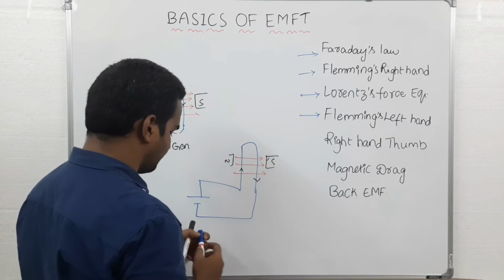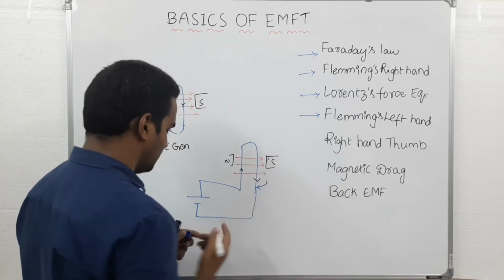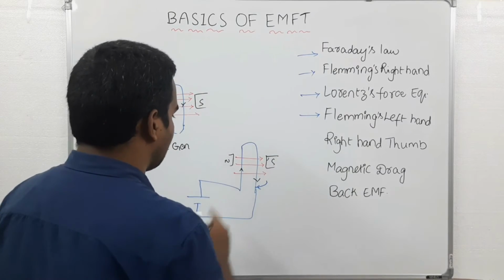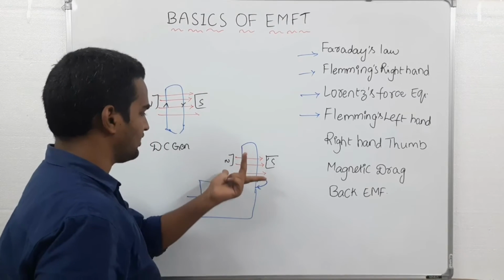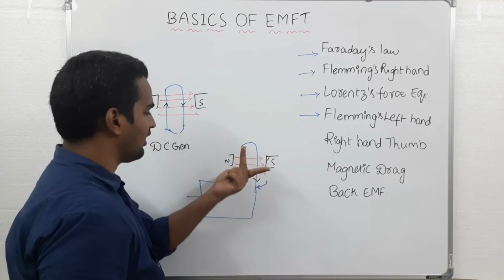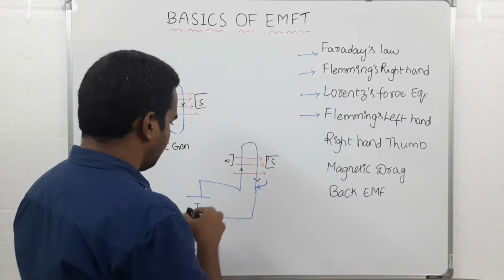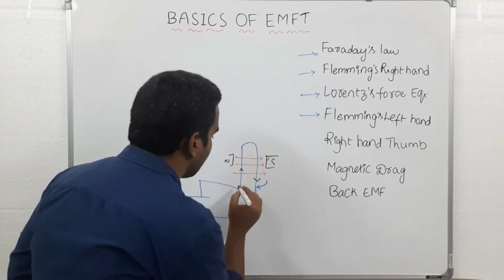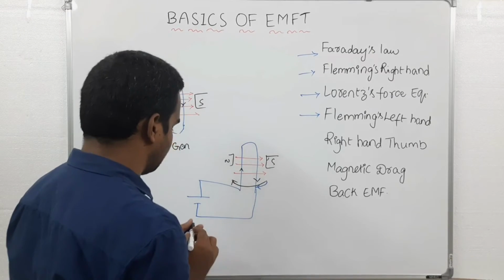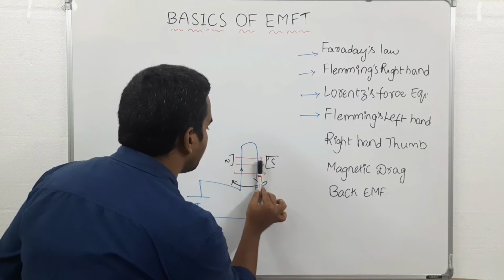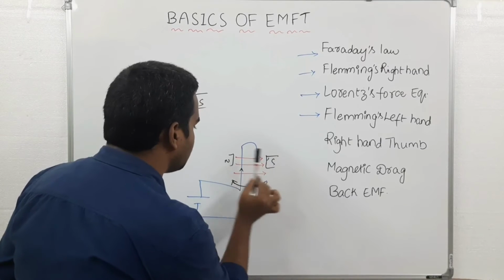At this point, direction of force is outwards board, and at this point this is direction of flux, and this is direction of current, and conductor is moving into the board. Okay, so the overall direction is like this. Conductor is moving from this point to this point, and it is rotating like this.